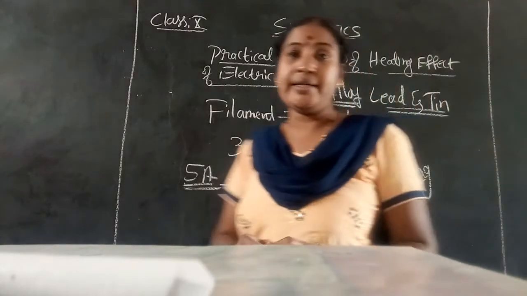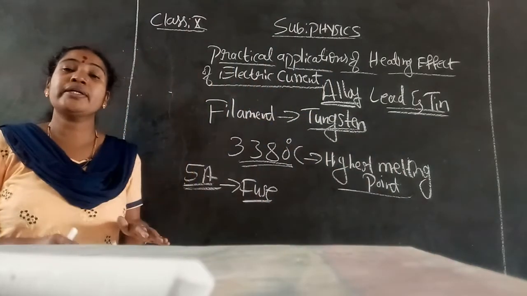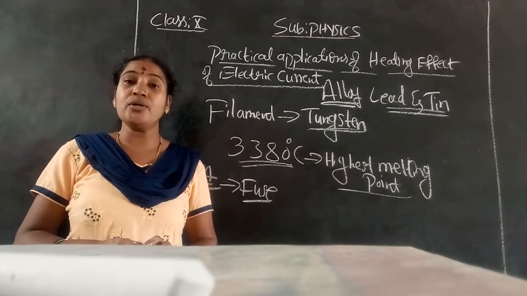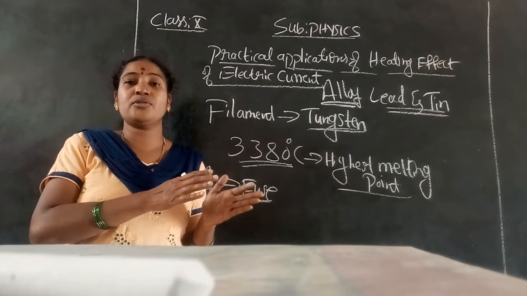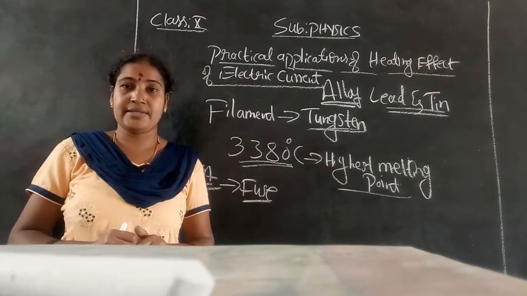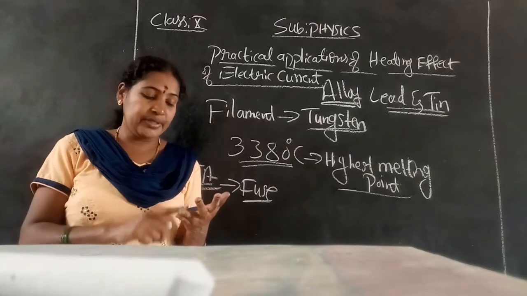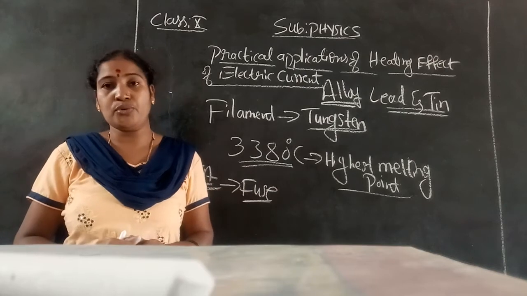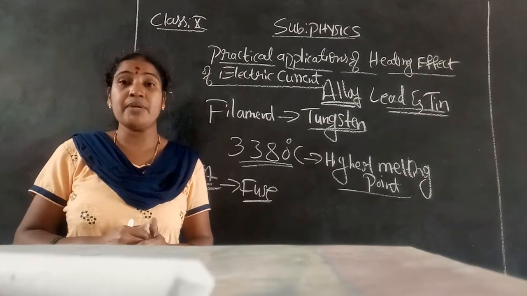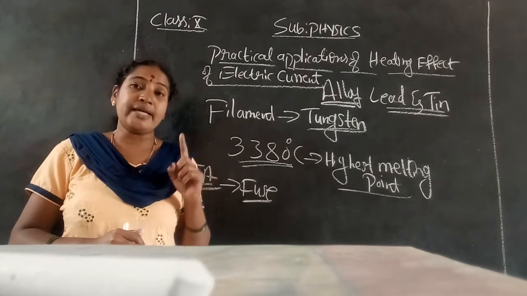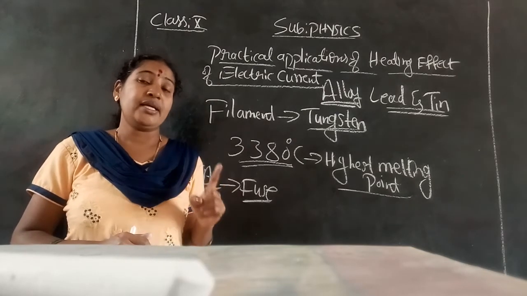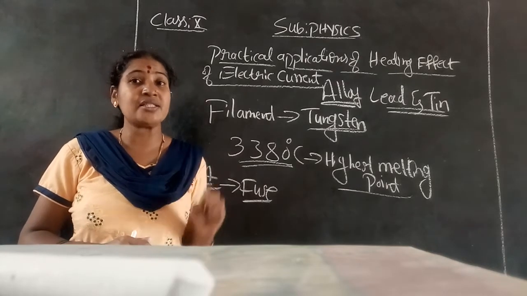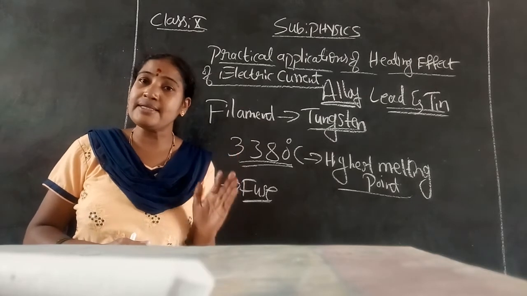Why is it made of lead and tin? So that the fuse wire will melt and break the circuit. Then only will there be a safe zone for the electrical gadgets. Otherwise, in the TV, refrigerator, washing machine, all electrical gadgets, the high current will pass through those circuits and there is a chance of damage to those gadgets. For that purpose only we are using the fuse in each and every house. I hope you have understood why we fix the fuse in the domestic electrical circuit.